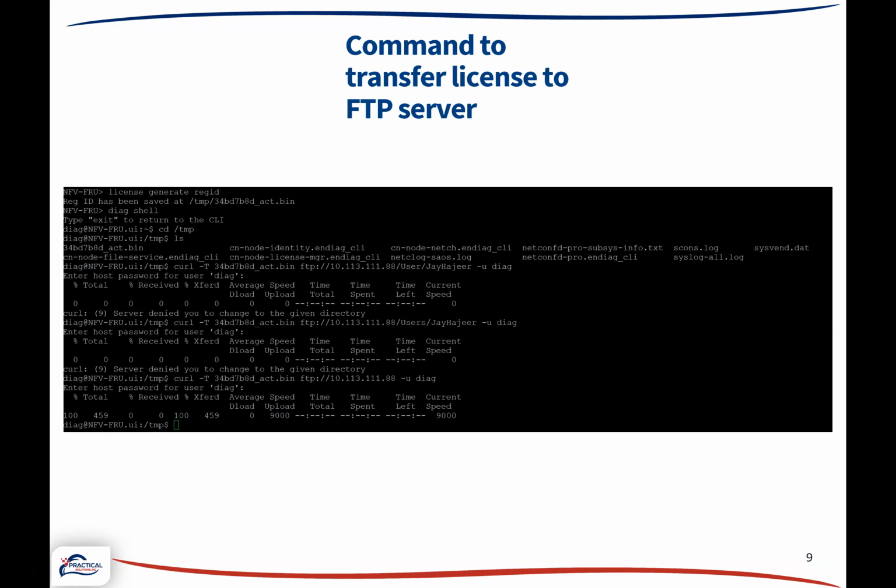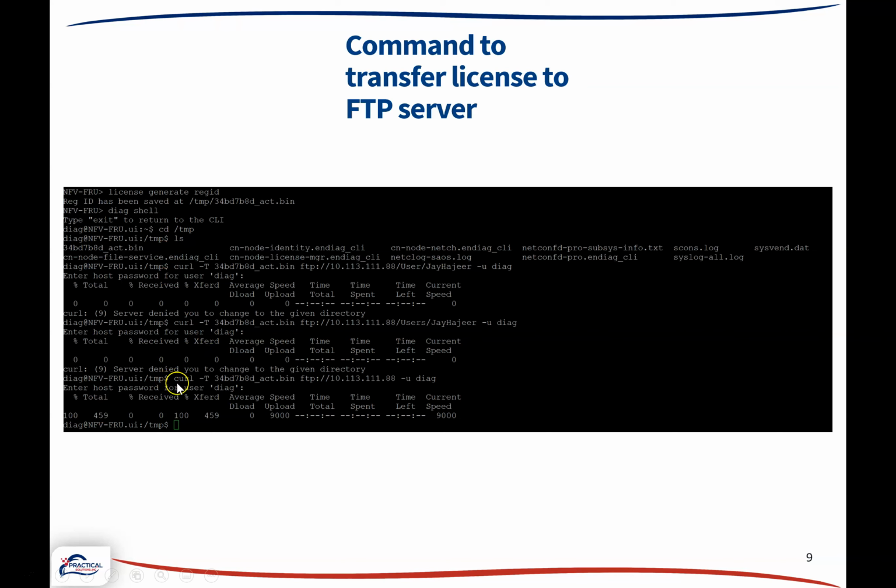The following is an example of how we transferred our file to our FTP server. So from the virtual portion, you just enter license generate reg ID. You will then see that the license file has been created and it's been saved under this directory. You would then enter the command diag shell, and you should be transferred to the UI. From there, you can change directory to the directory that the file was downloaded from. And you would enter the following command. Following that,